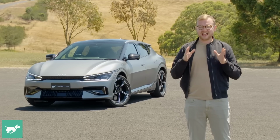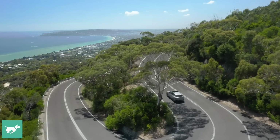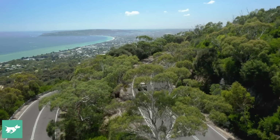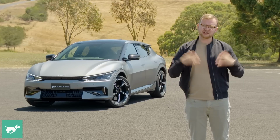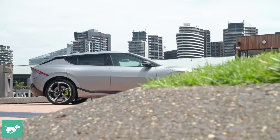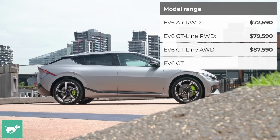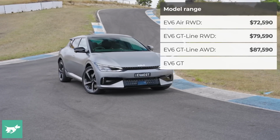at a price a hair under $100,000 before on-road costs. This one, painted moonscape matte, is 103 grand before costs. So you're looking at about 110 drive away. That's one expensive Kia. And in today's video, my question is really, can they justify charging 6 figures for this